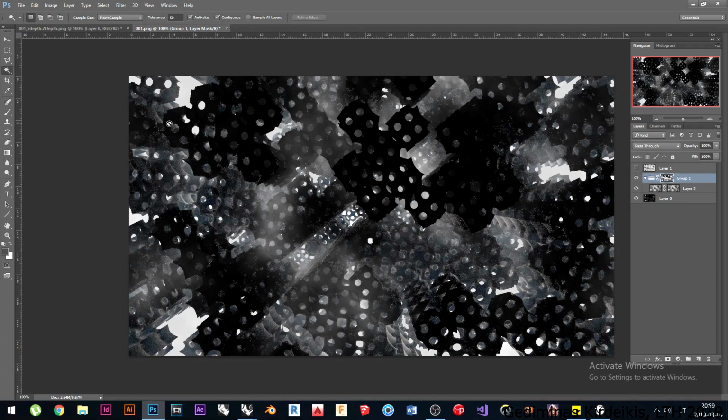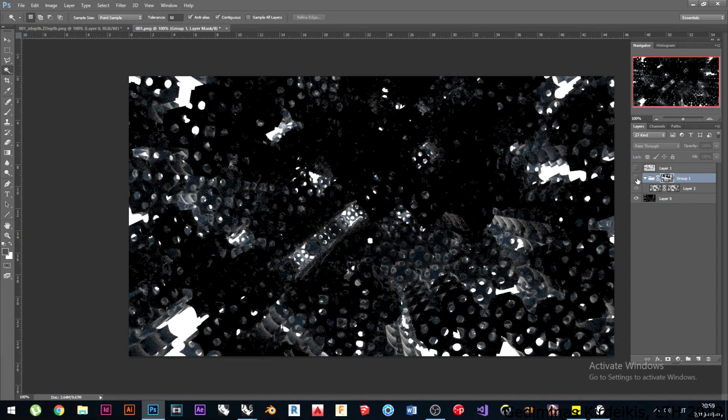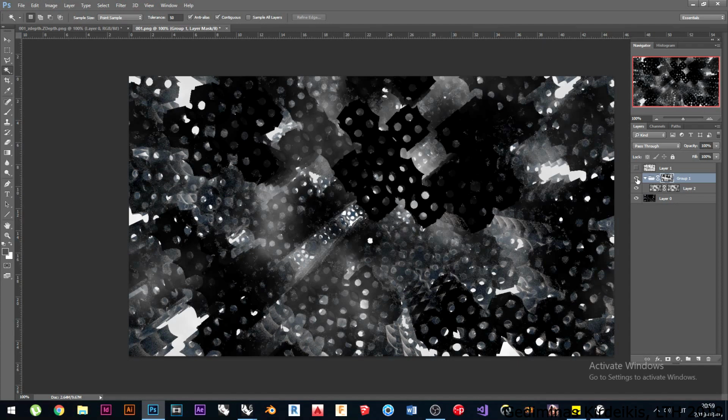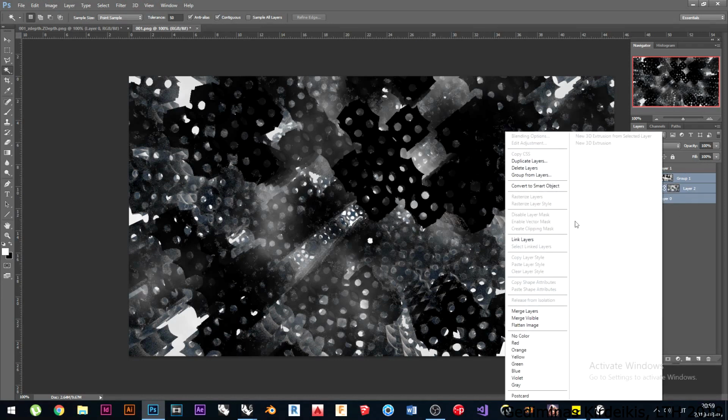Okay, so that's without clouds, and that's with clouds, right? Gives you a bit more three-dimensional information. And the last thing that I'd like to do with this image is to flatten this one out,